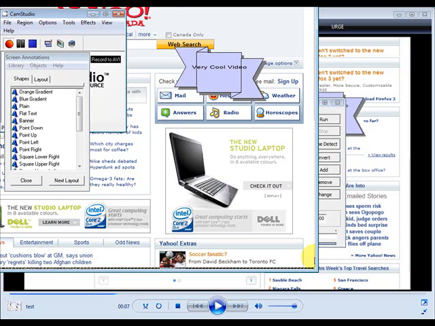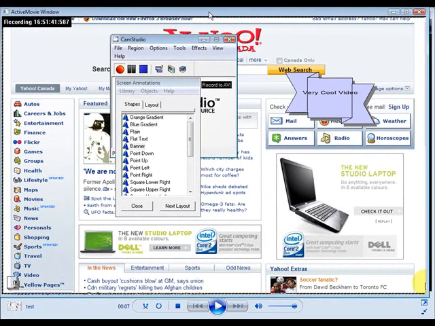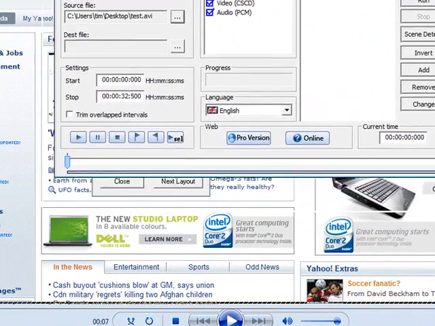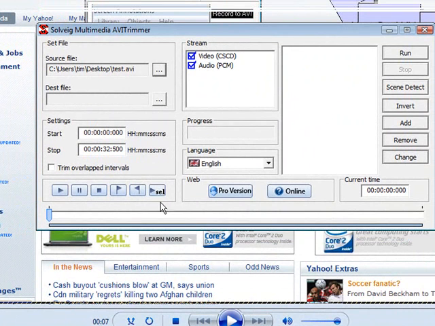Now a little player came up here. There it is. And then we have our main software window here. So what we do is, where we're going to start keeping what we want, we're going to put our first marker, which we have here, and at the end of what we want to keep, we're going to put our marker there. So we'll start at the beginning and we'll play through, and if we wanted to cut out the first few seconds,